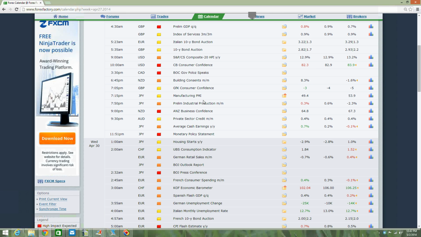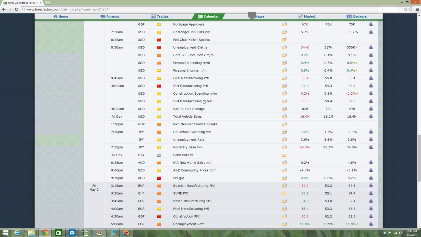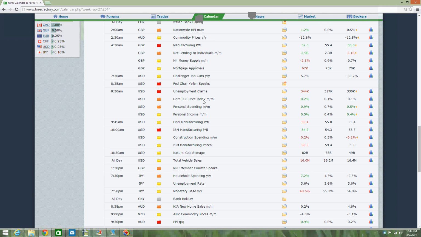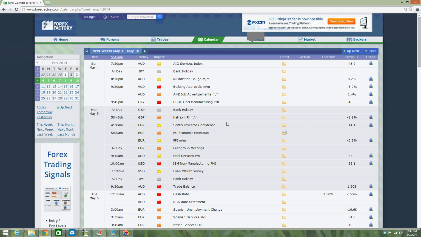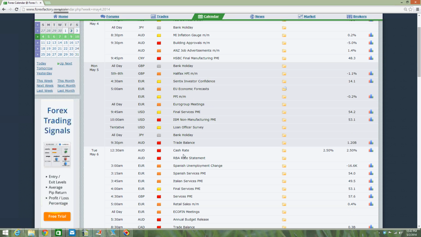This week we had no central bank decision, but next week, if you click on the arrow there, you will see that this Monday we have non-manufacturing in the United States, and then on Tuesday, for the Australian dollar, the cash rate. This is the interest rate decision in Australia, and the RBA rate statement. As you can see, the previous was 2.5%, and it is still expected to come in at 2.5%. So that inflation of 0.6%, compared with expectations of 0.8% that we looked at earlier,